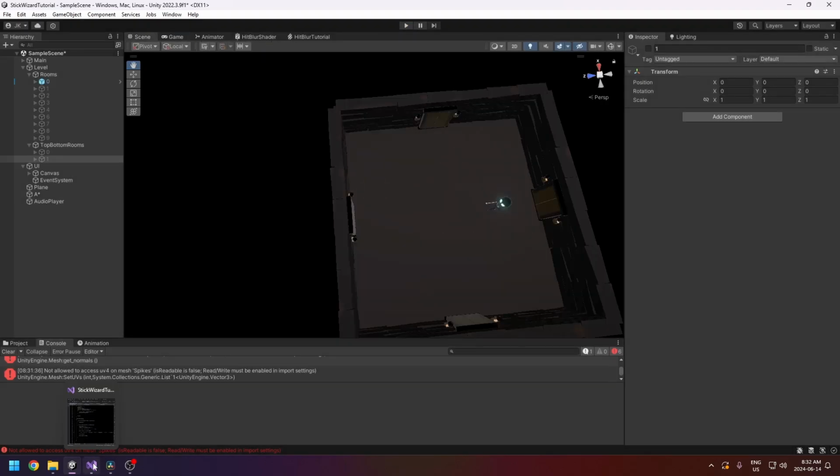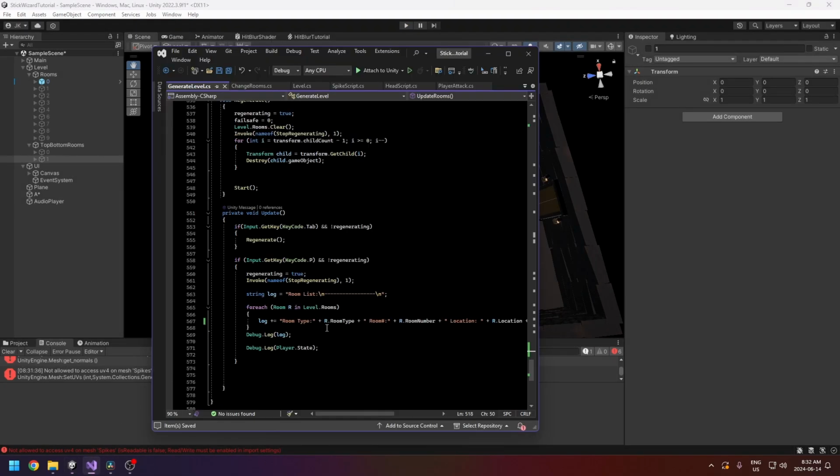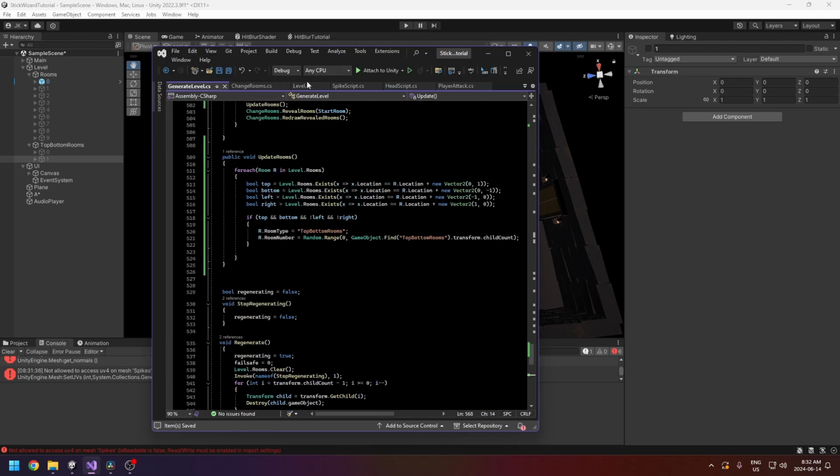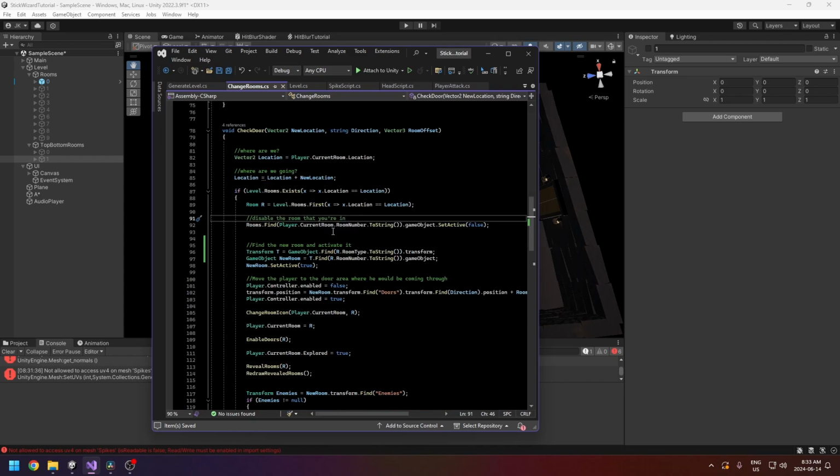Okay, so we have another problem. It doesn't disable the previous room when it changes. It's not working. So let's just go back to change rooms for a second. Okay, so we have another problem here. So you can see that we're using rooms.find here to get the current room and disable it at the beginning